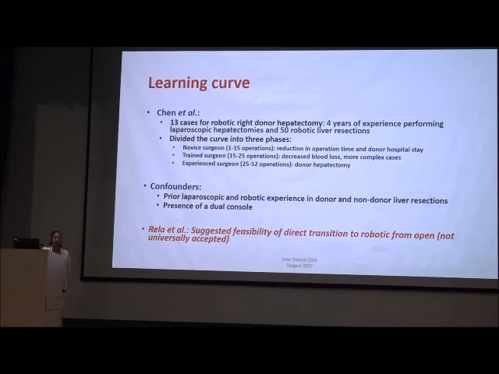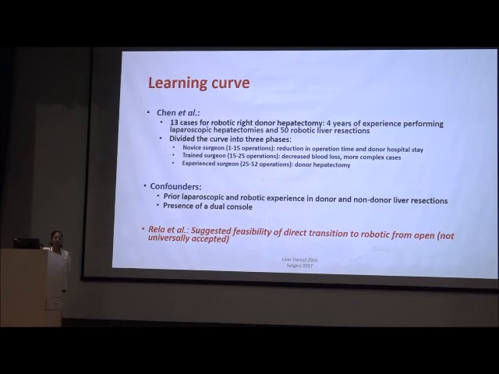Why? Because these were teams which were already doing not just open live donor hepatectomies in good numbers. They also had 4 years of laparoscopic live donor hepatectomy behind them and 50 cases of robotic liver resections behind them, which would have no doubt reduced the learning curve for the robotic live donor hepatectomies because a lot of troubleshooting has already happened. In a separate paper, they divided the learning curve into 3 phases, that of a novice